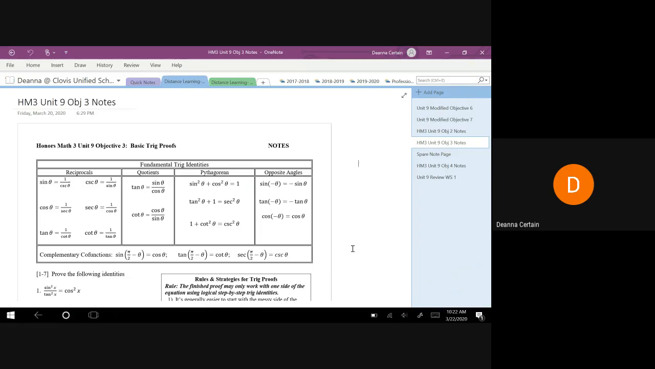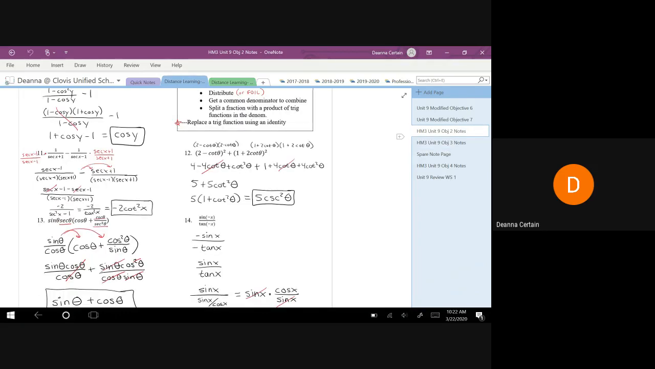Okay, 9.3, we looked at basic trig proofs, and this builds on what we already started back in Objective 2, so I'm going to go ahead and put those notes up just so we can remind ourselves what we did. So in Objective 2, we looked at